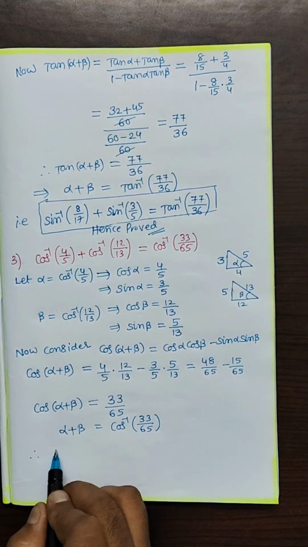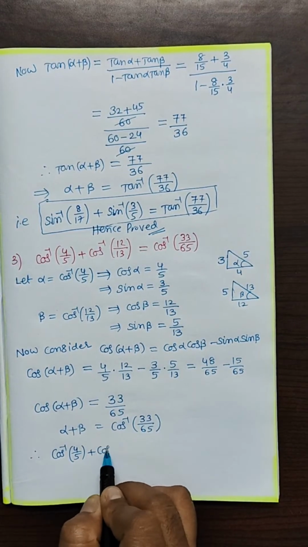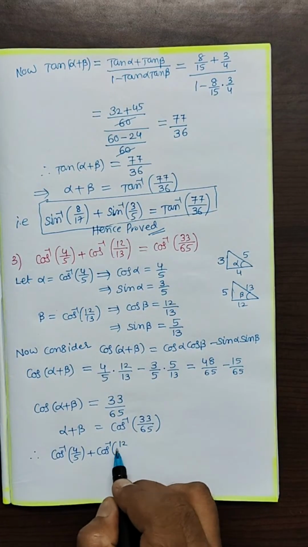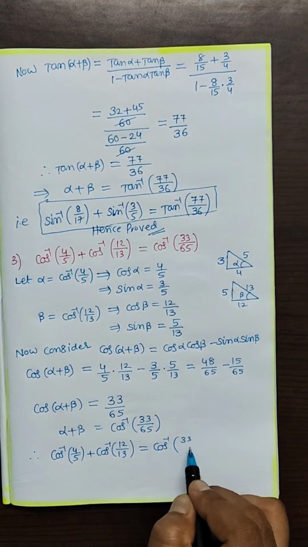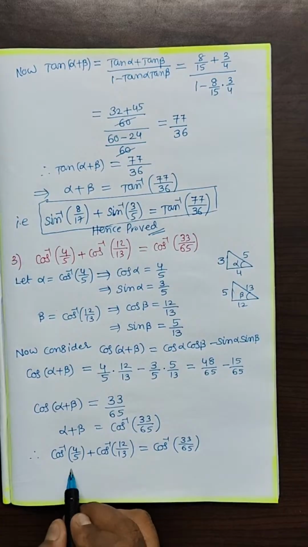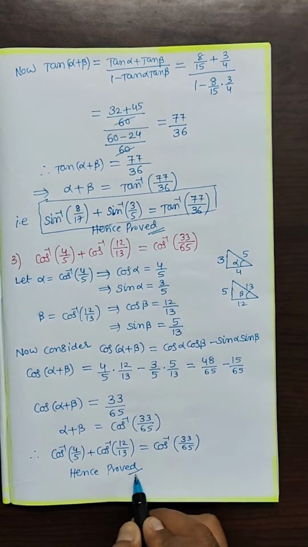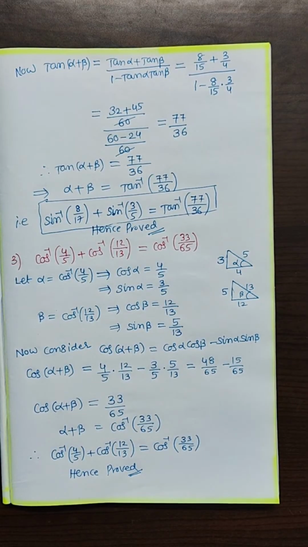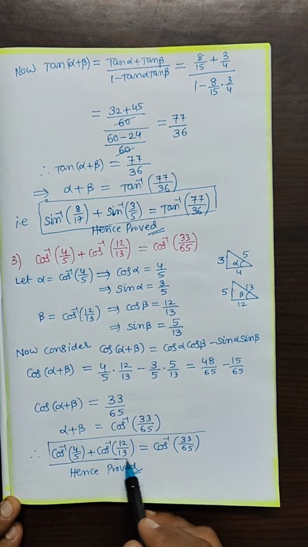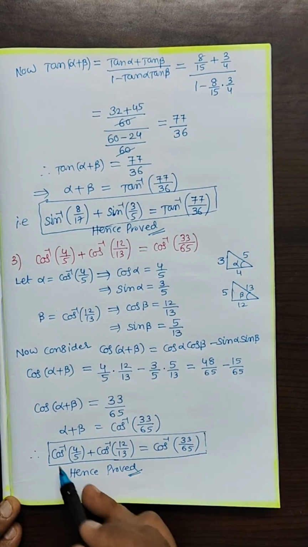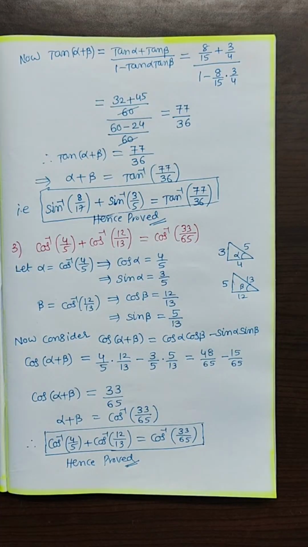Therefore, alpha value is cos inverse of 4 by 5 plus cos inverse of 12 by 13 is equal to cos inverse of 33 by 65. Hence, proved the result. Okay, dear students, we proved, no? This is the result. This is the way you can do these type of problems. We have the formulas like standard is cos inverse x plus cos inverse y is equal to,